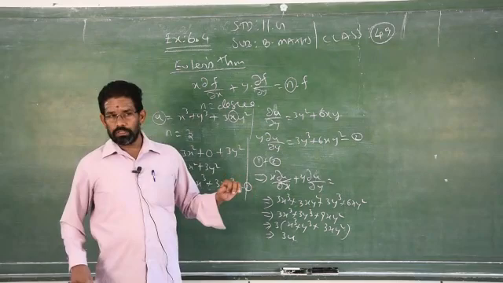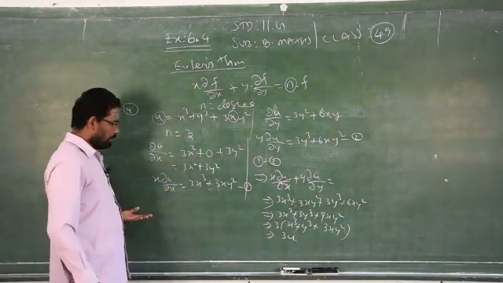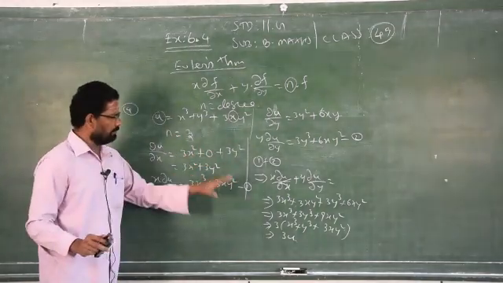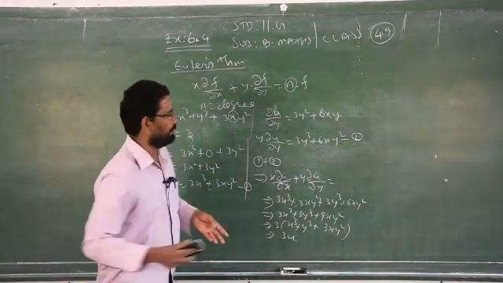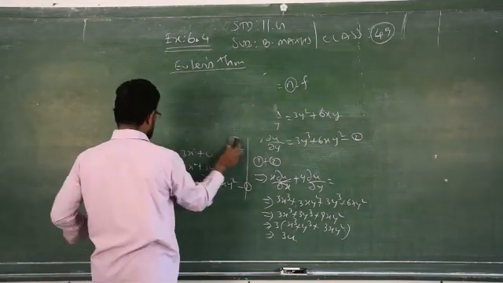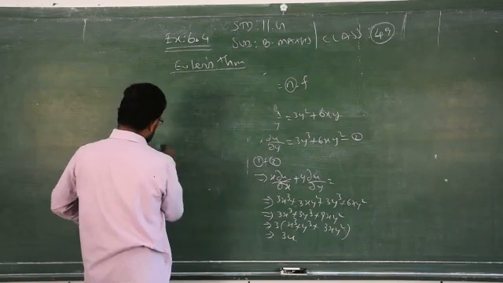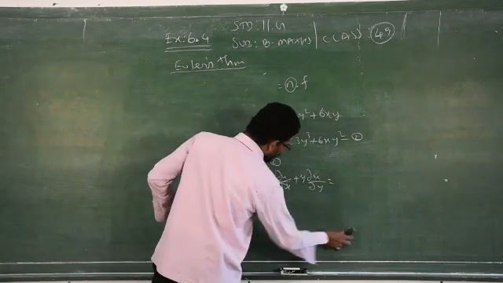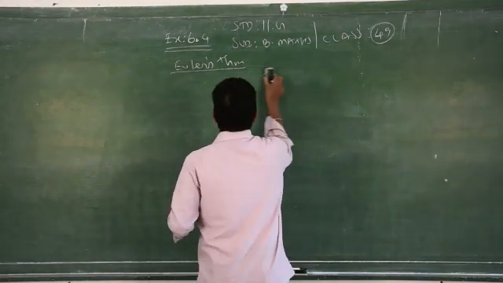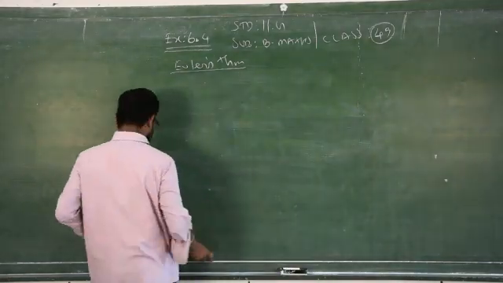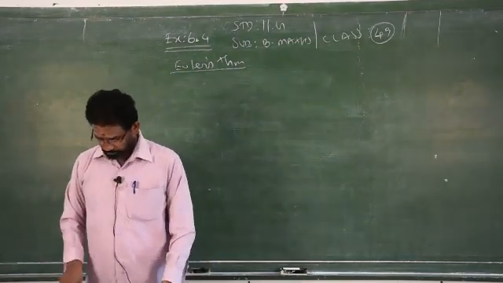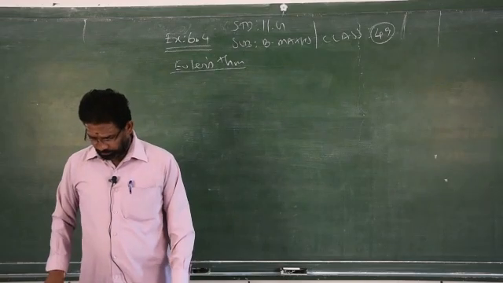Clear? But using Euler's theorem is a different concept. That is sum number 5. You will see sum number 5. But this is a very important concept. The same concept that you are going to use in 6.5. In 6.3, I told you, in question number 6.2, question number 13, I said I made one mistake. Clear? So we will see how many of you are going to phone me to ask where the mistake is. I am waiting for your calls.